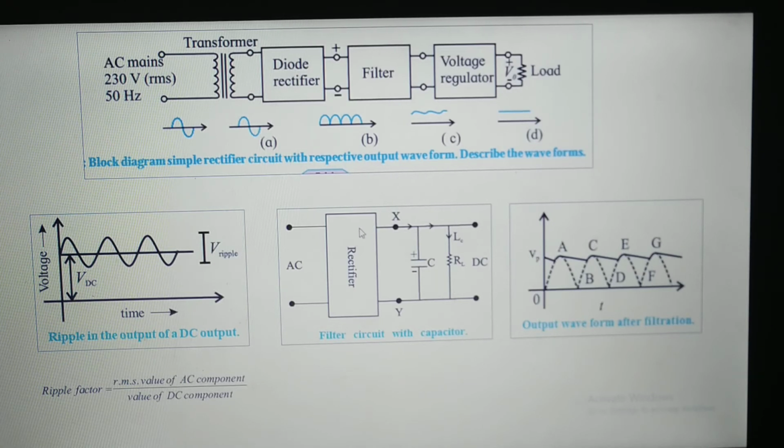When this rectifier output is applied to the filter circuit, when the voltage and current come in, the capacitor gets charged. The capacitor stores the charge. When it gets completely charged, it will allow the current to flow through the load resistance. Once the current flows through the load resistance, the output will go from point 0 to point A, until its peak voltage.